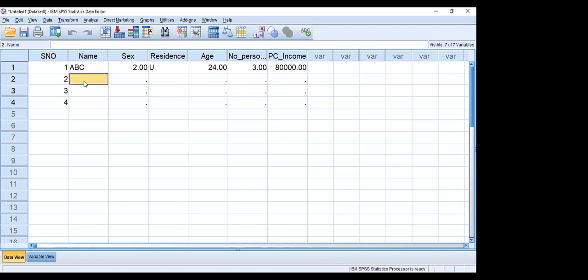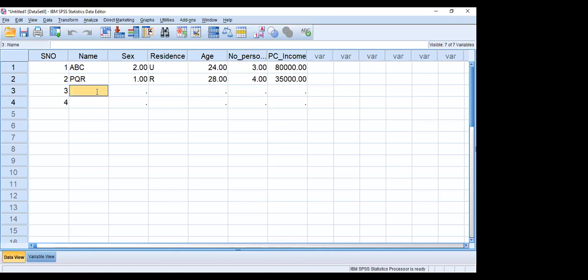Second one is say PQR. Sex is male. Place of residence rural, R. Age of the person is say 28. Number of persons in the household is 4. Monthly income is say 35,000.